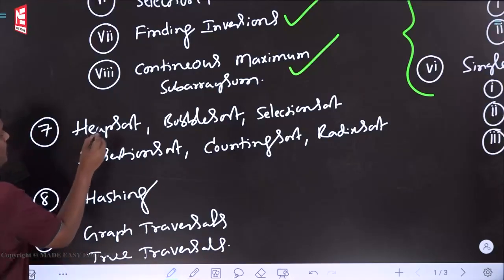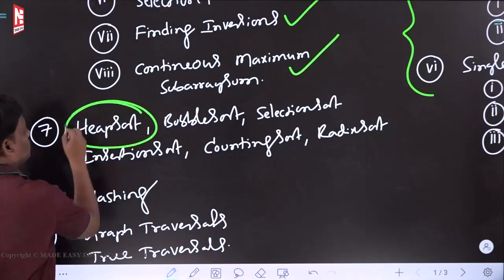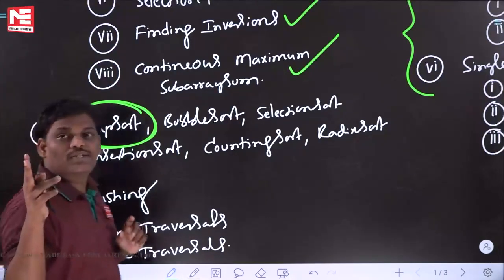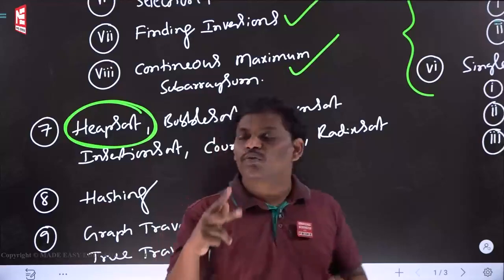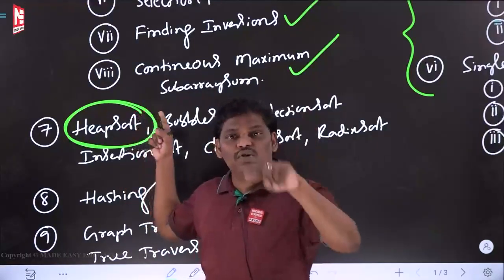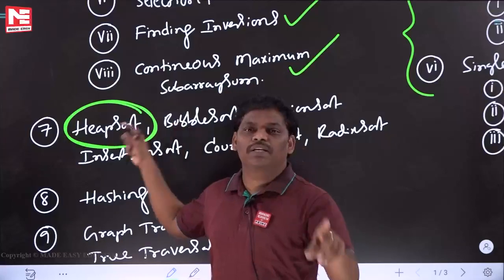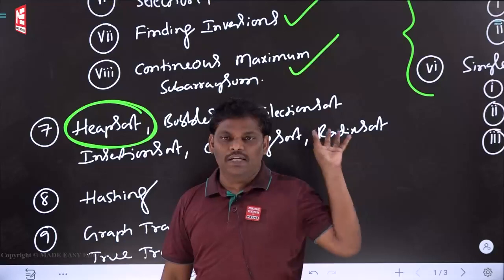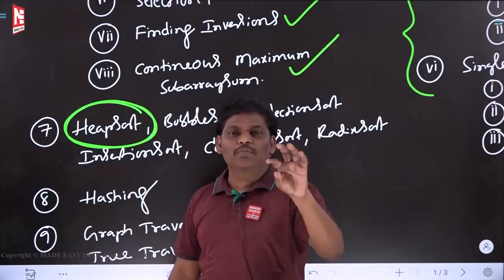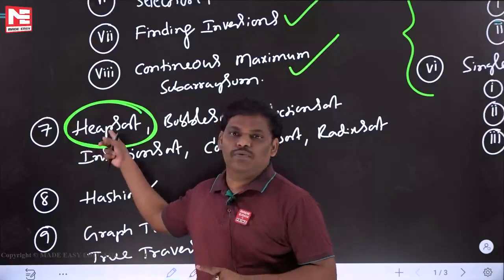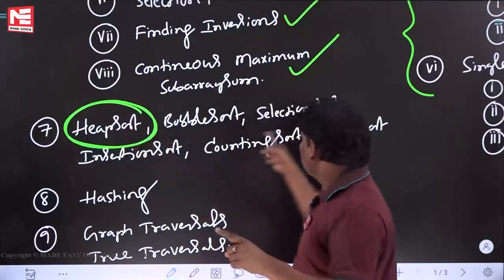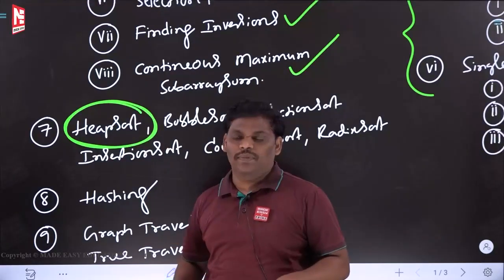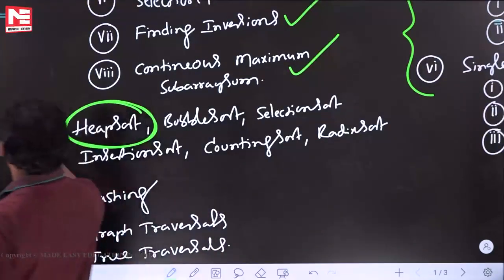One more very important topic in this chapter is heap sort. Heap sort is really important. Every year 2 marks come from it; if you see the last 10 years, every year 2 marks are coming from heap sort. Next year also it will come. It is one of the powerful things in the algorithm subject, and it will be really useful in your life also, as a computer science programmer, in many places. Please be careful and learn all these sorting techniques. This is very important from the point of view of the GATE examination. So this is the 7th chapter.